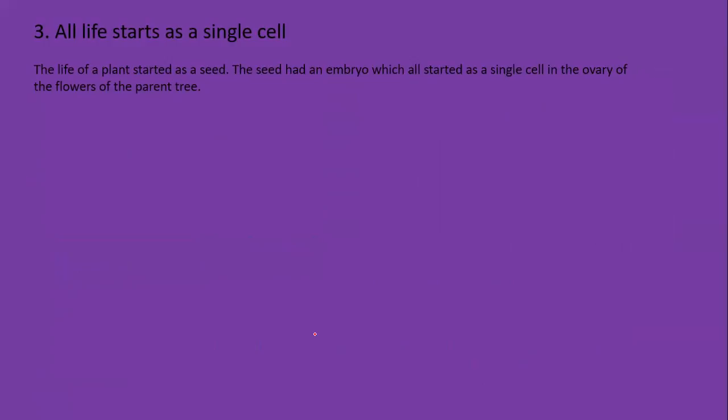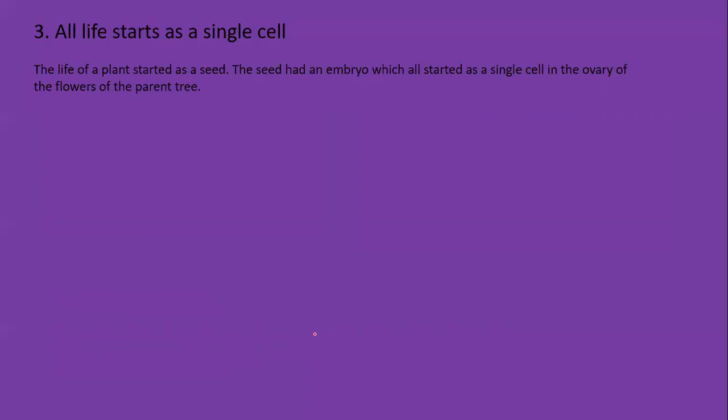Then, all life starts as a single cell. So the life of a plant started as a seed. Whenever you sow a seed in the earth, it will start forming a seedling, then a plant, and if you put it in some other places, it will definitely give rise to a tree. The seed had an embryo, which all started as